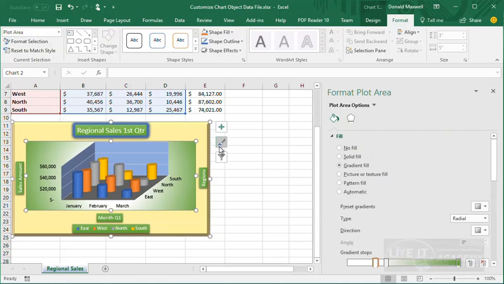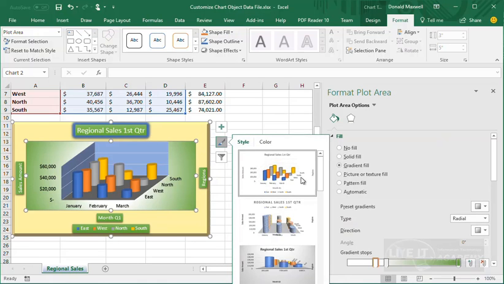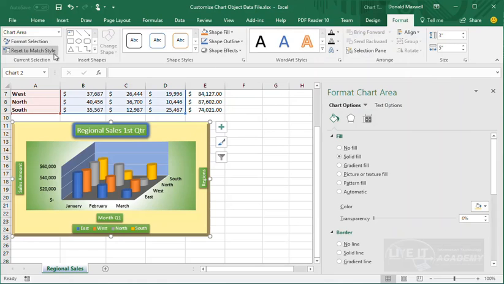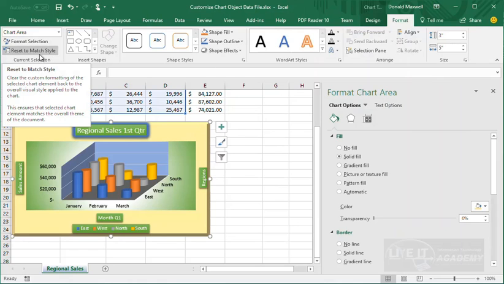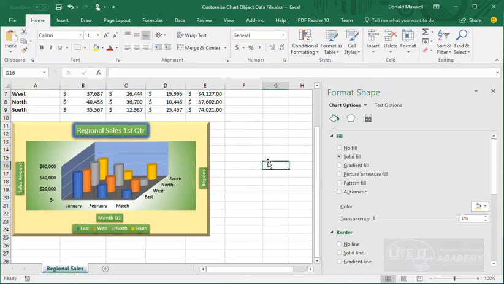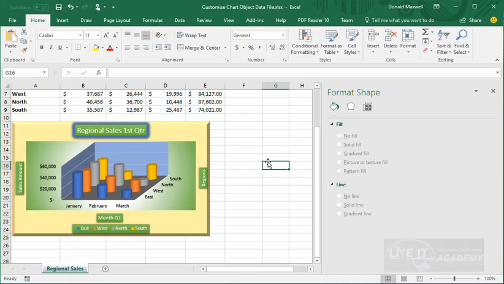Whether you right click or you go there from this tool, and again, we have our selection that we made. If you don't like the selection that you've made, it's very simple. You can go and just say reset back to the original, right? If I don't want to reset, because it's pretty nice. I like this. All right, so guys, customizing your chart, all you have to do is identify each chart object,